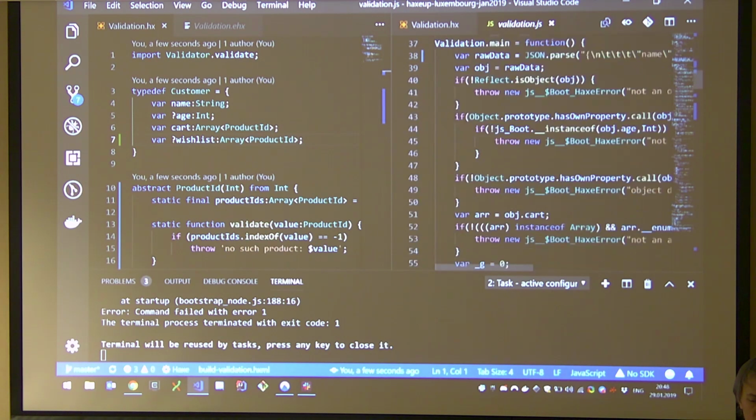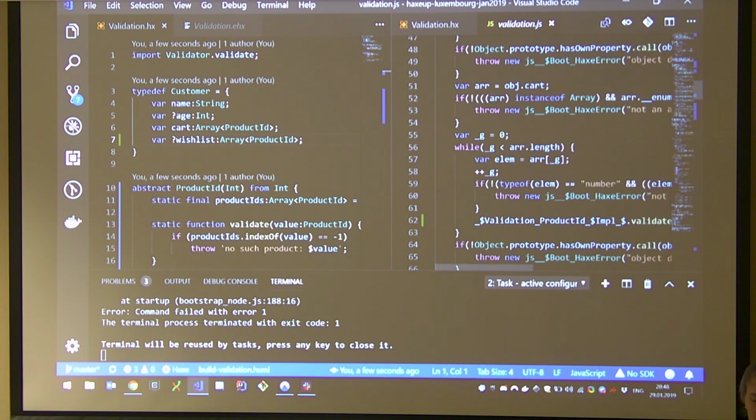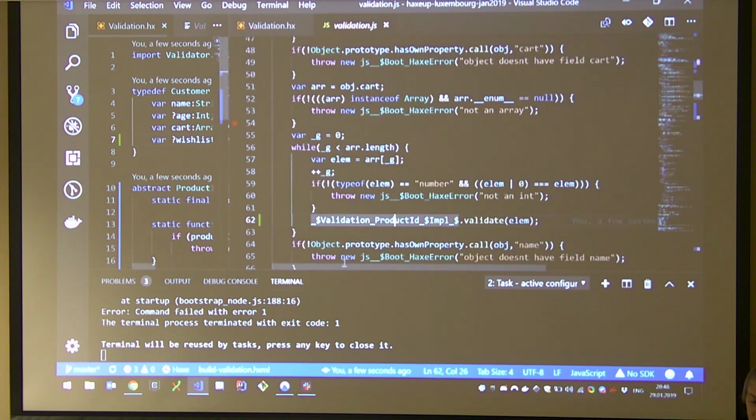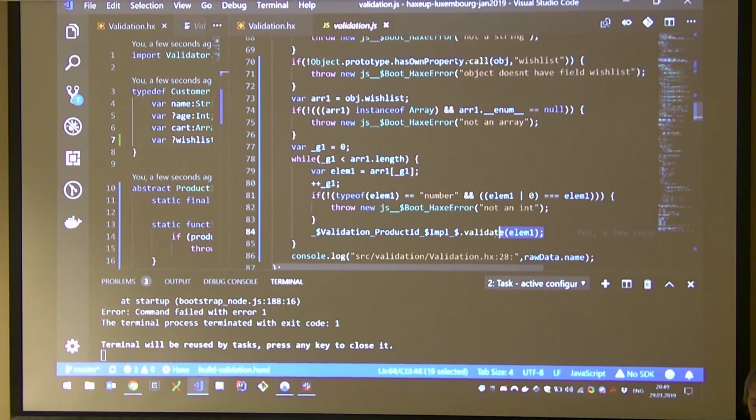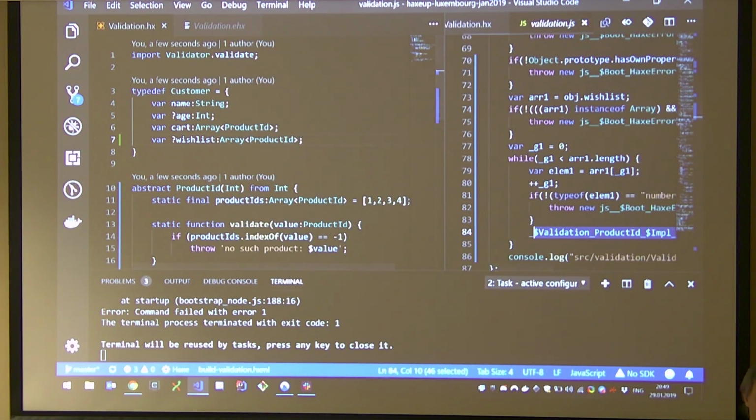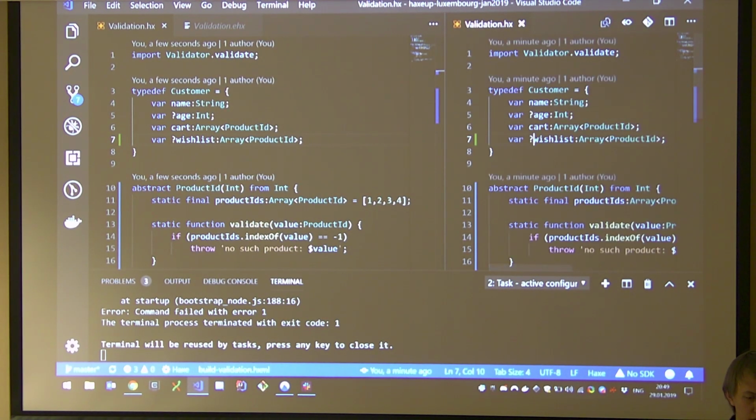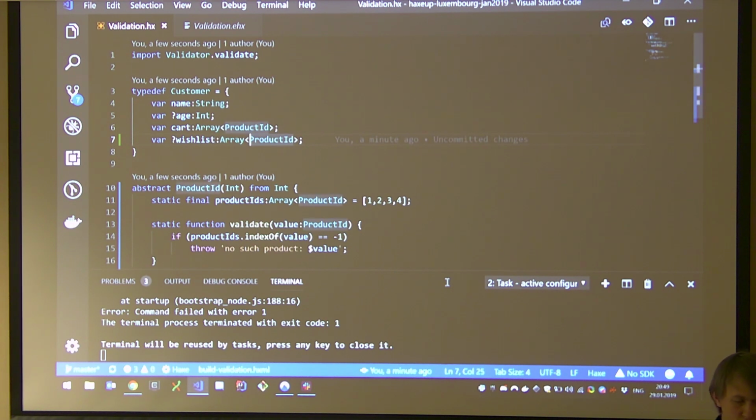So now, in addition to the check for int, we also have these validate calls for every element of our array in card, as you can see here, and we do the same for wish list. So we didn't have to really add any field-specific validations. And this simple macro is actually pretty smart because